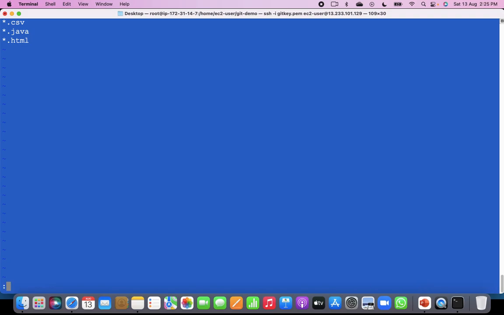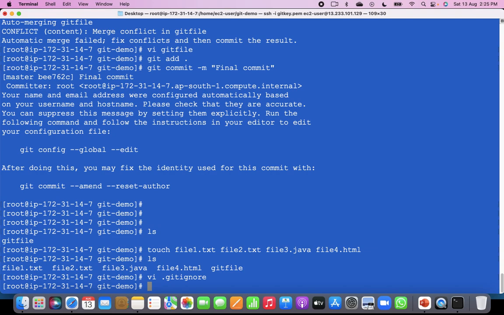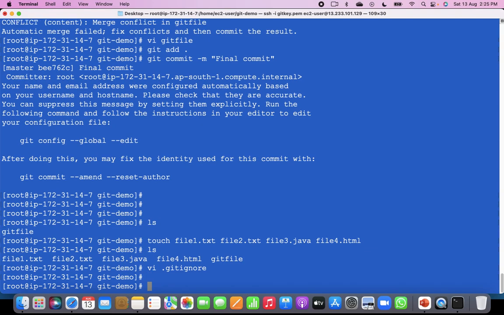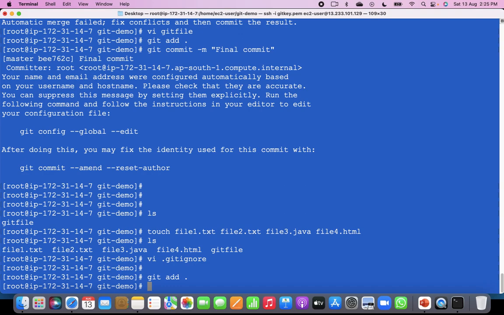Okay, so let's save it. Okay, then add it, git add. Okay, so git commit, git commit -m and put the message